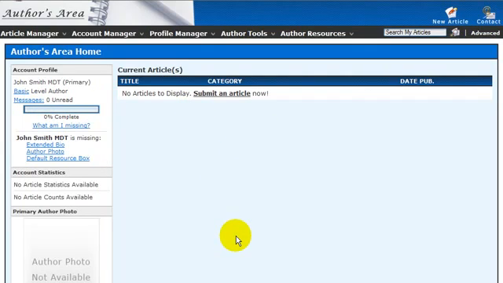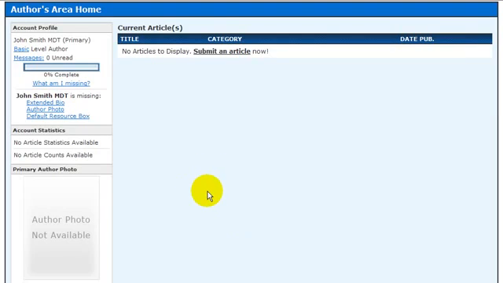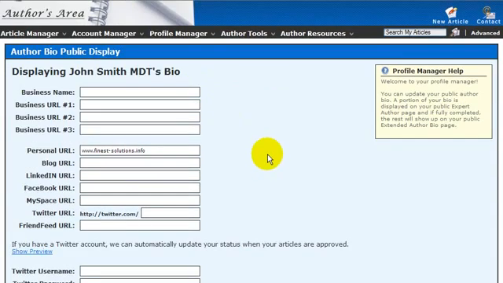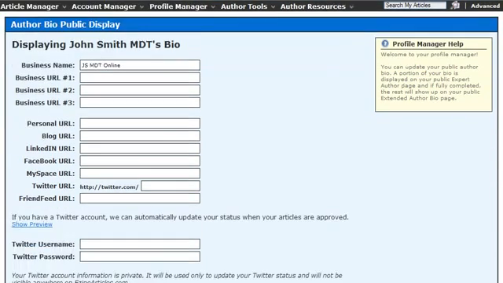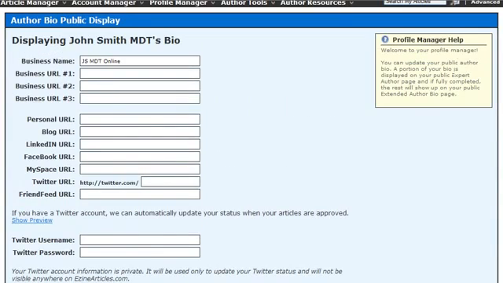So this is what we are going to do right now, very, very quickly, is create our profile. Like I said, this is very quick. I suggest that you do spend a bit of time on this, because this is important. So extended bio. This is basically your biography. What you would do here, and I'll fill this out very, very quickly. Now, I've very quickly put in some information here, because a lot of this you will have to fill in yourself, obviously. Business URL, that's just your website.